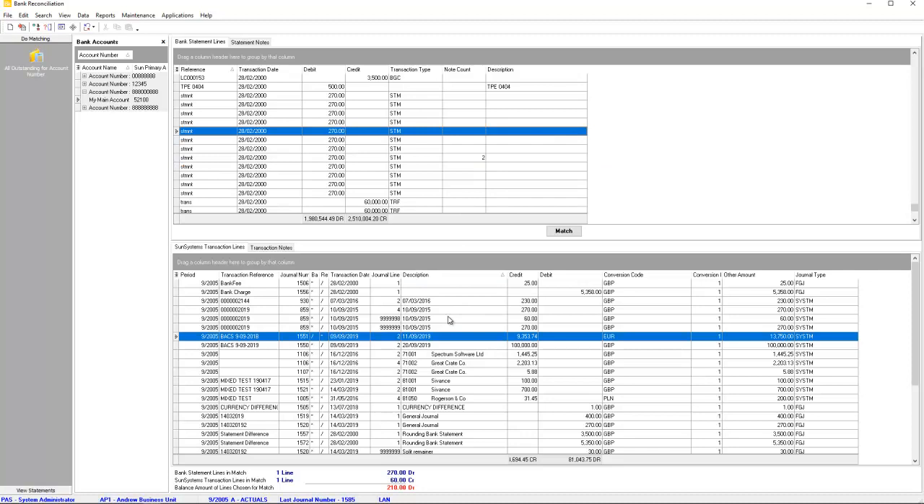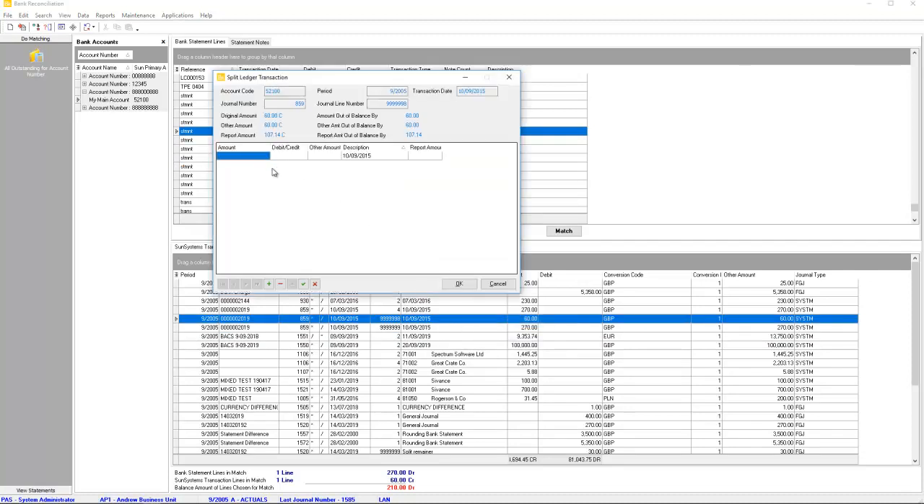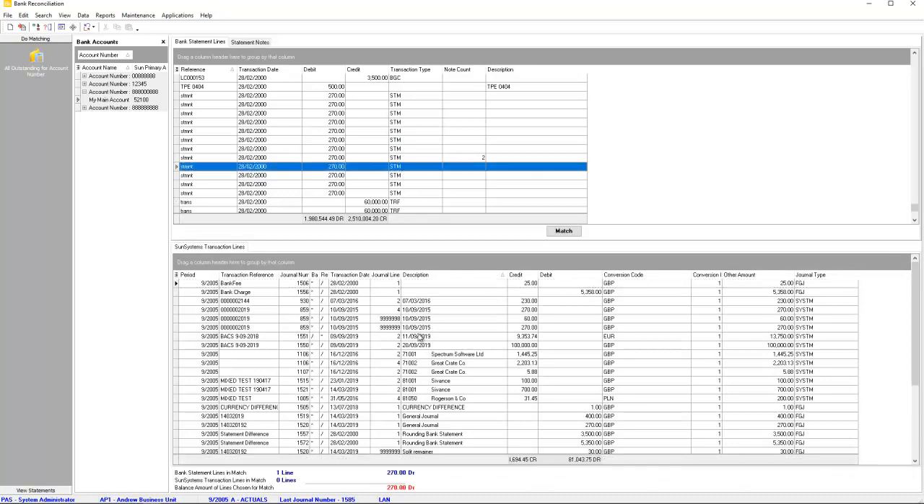From a Sun System side, we're also able to do splitting of transactions. This allows you to deal with part payments, part matches, this sort of thing, and all of the splits that BankRec carries out would be recognized in Sun Systems in exactly the same way as a split that has been done through account allocation. Manual matching allows you to deal with the transactions that have not been dealt with effectively